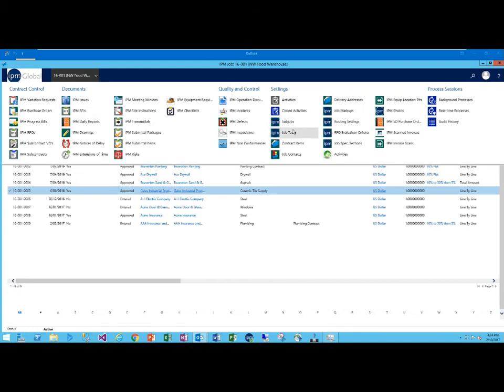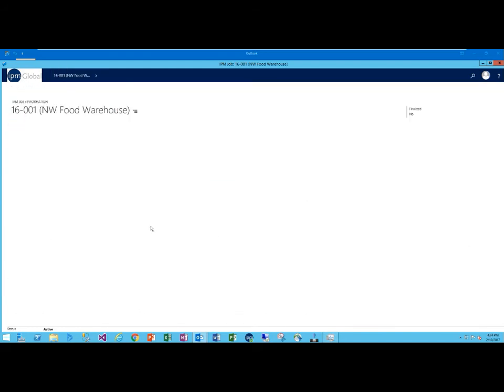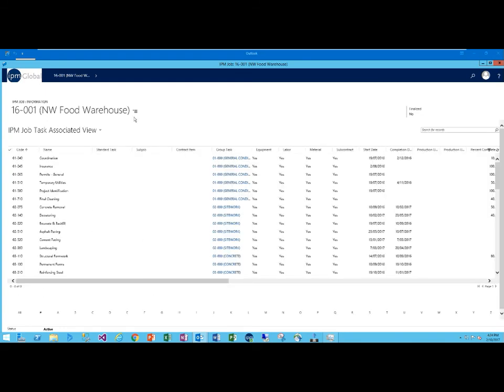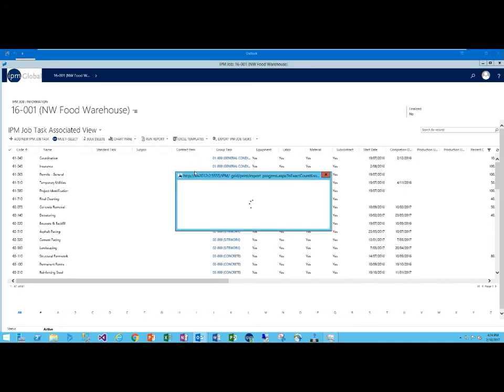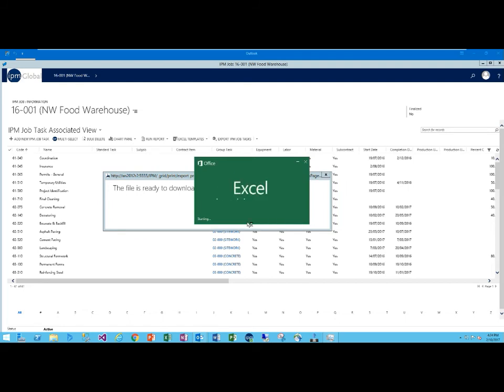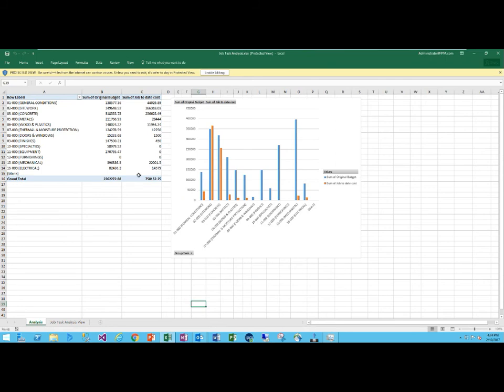Now if I go to a different area, what I'm going to show you now is the Excel templates. Excel templates are good for doing quick analysis. So I've just got a little Excel model in here. It's going in and grabbing all of the current information about the project, and I just wanted to open up that Excel template. So it's extracted out of IPM